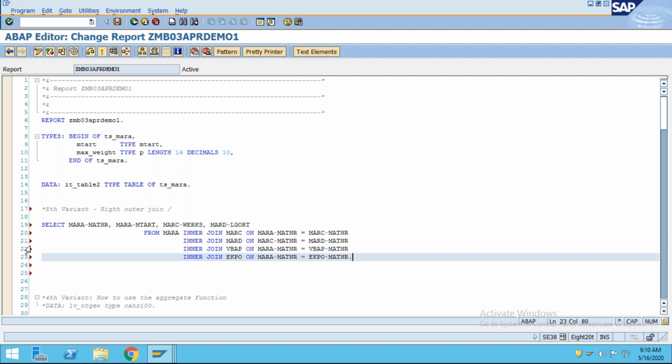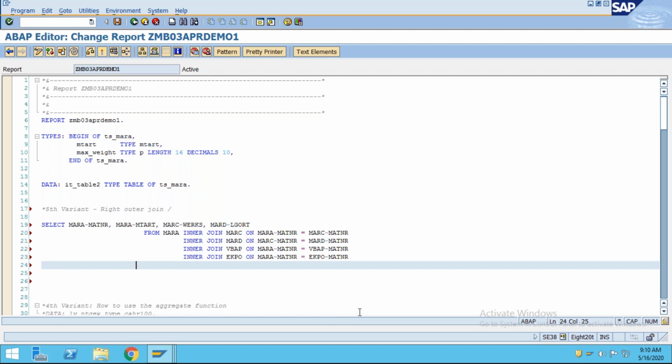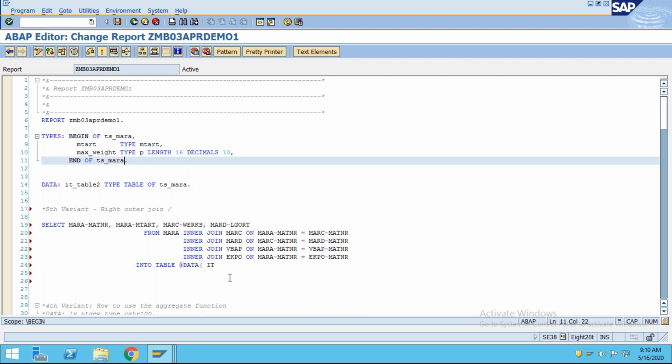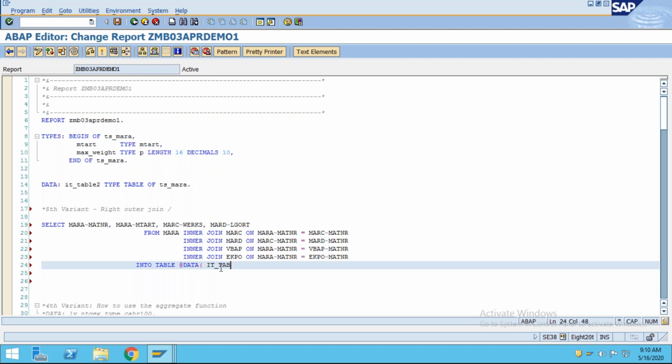Okay, so like that you can use, and you can put all this data together into a table, an internal table, and you don't have to bother about declaring a structure and then putting the data. It's so simple now. Don't give the space. Okay, full stop. So now press Ctrl+F2 and check the syntax.